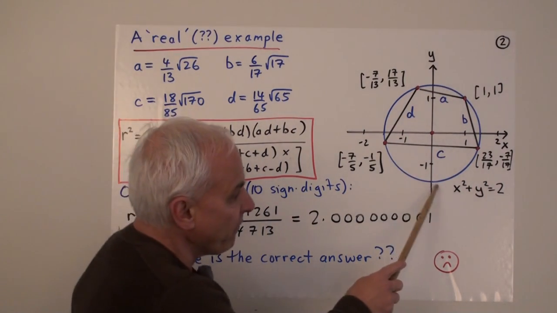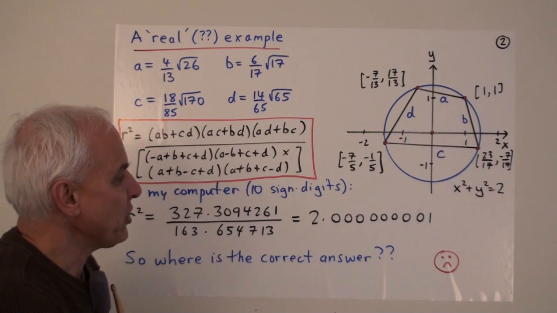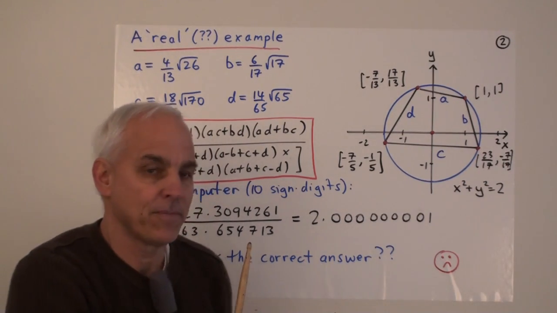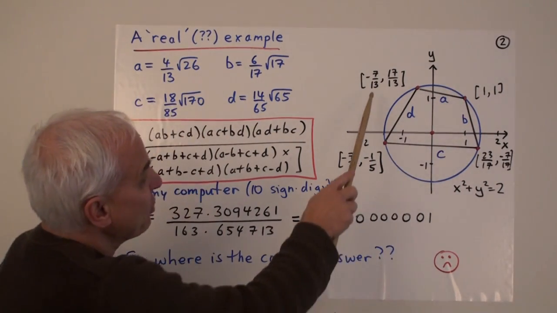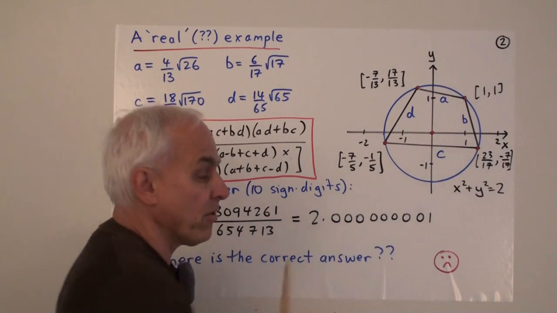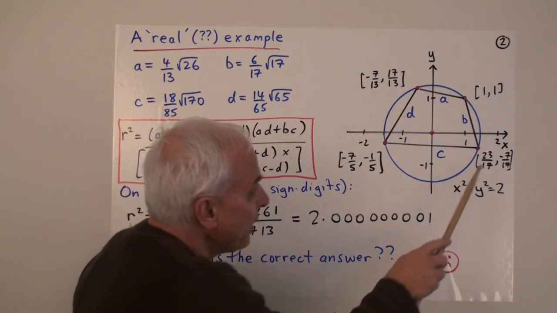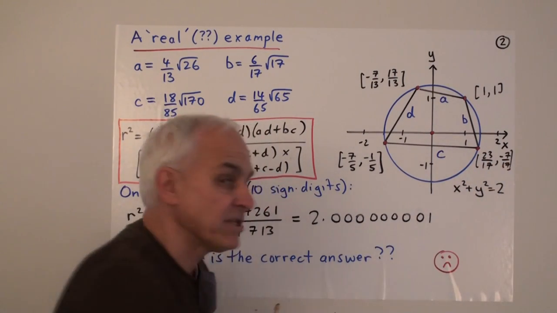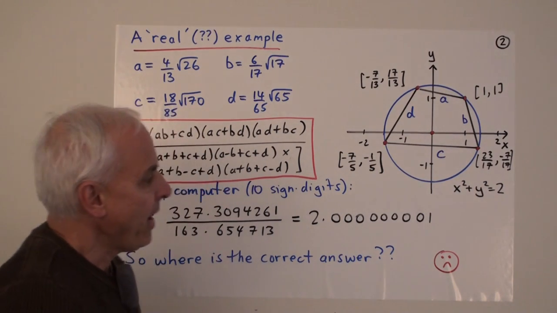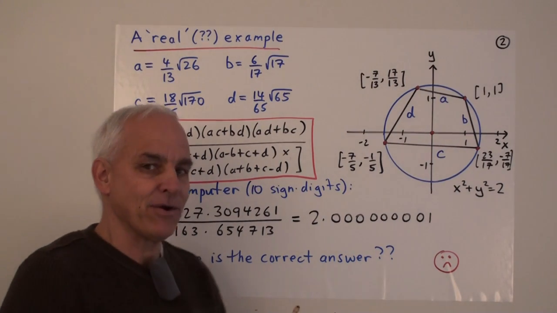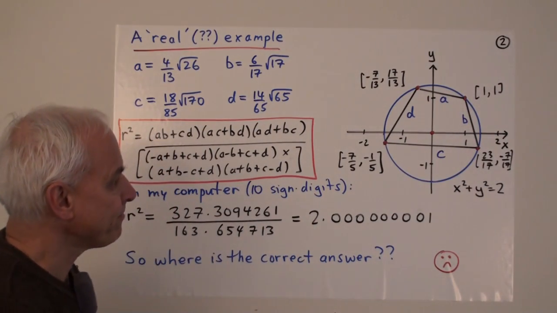I'm going to choose, for something a little bit different, the circle x squared plus y squared equals 2, which has a circumquadrance of 2. It goes through the point (1, 1). It goes through some other points as well. For example, you can check that these various points that I've got here are also points on this circle. Here we have minus 7/13 and 17/13. Here we have 23 over 17 and minus 7 over 17. And here we have minus 7/5, minus 1/5. And I hope you know or can figure out how we could generate more such points on such a circle.